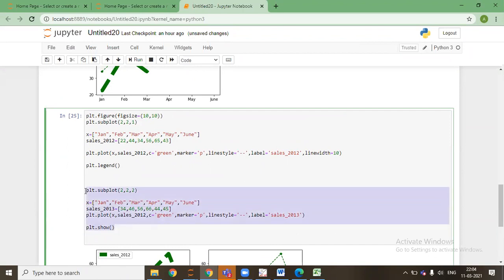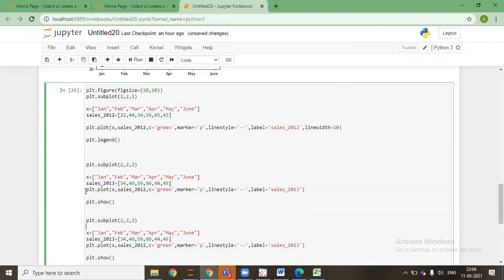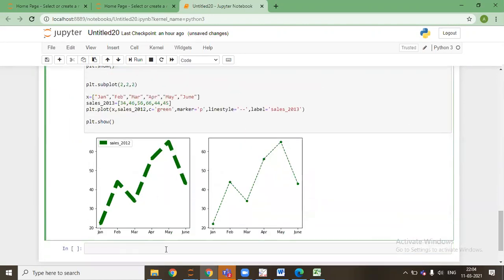Excuse me, sir. Yeah. Sir, what is the purpose of plt.subplot 2 2 2? So if I say plt.subplot 2 2 1, this means the 10 by 10 area that I've allocated is for the graphs that I'll be making. In this 2, 2, I'm saying I'll be making a total of 4 graphs, like this: 1, 2, 3 and 4.